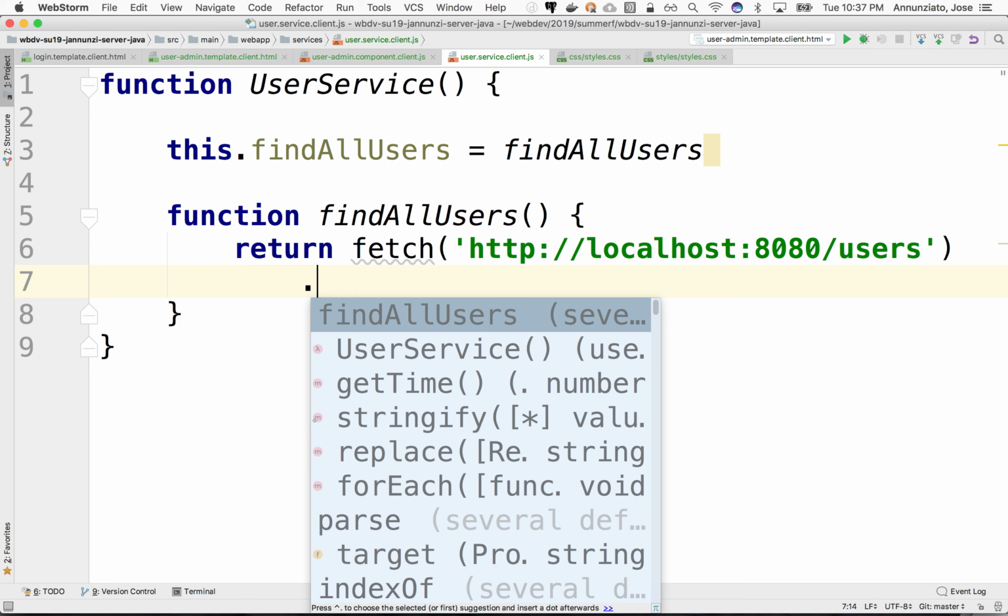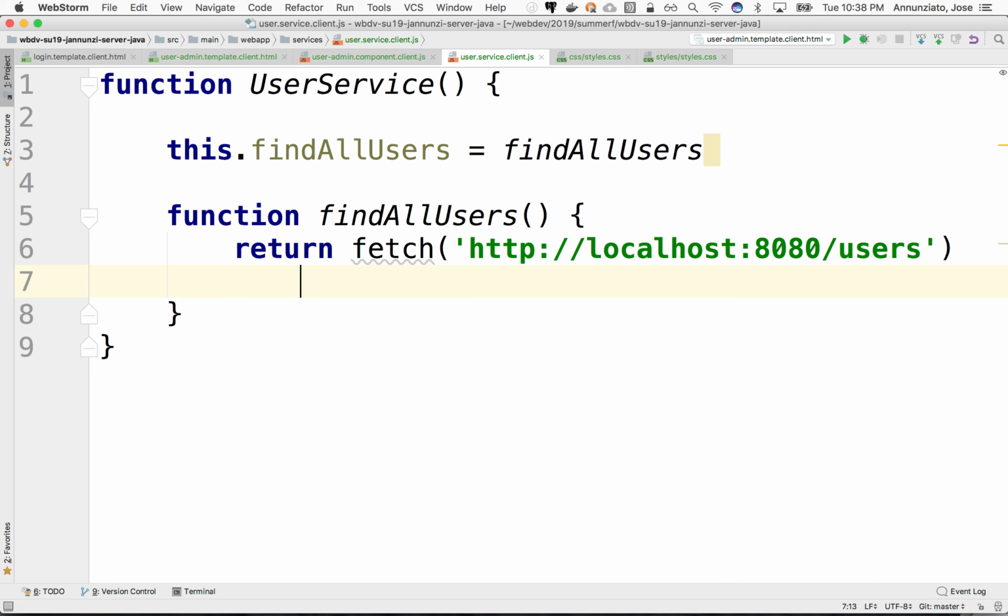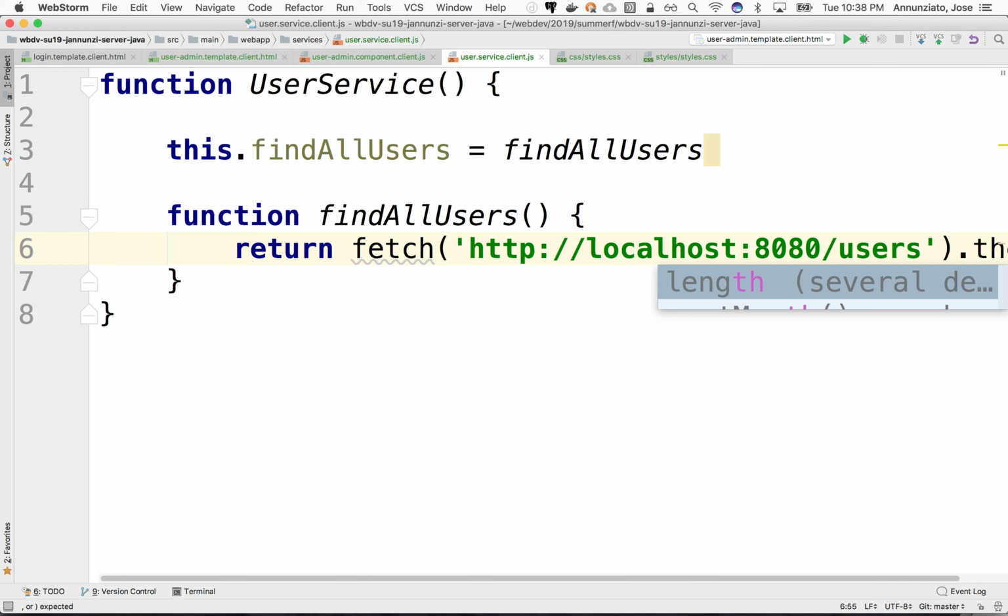We can nest promises within promises to intercept the data that's coming back and do some transformations. For instance, we would like to take that body that comes from the server and extract it as a JSON object. I don't want the raw ASCII coming in the body; I want to reinterpret that as a JSON array coming from the server. So we're going to handle the promise right here.